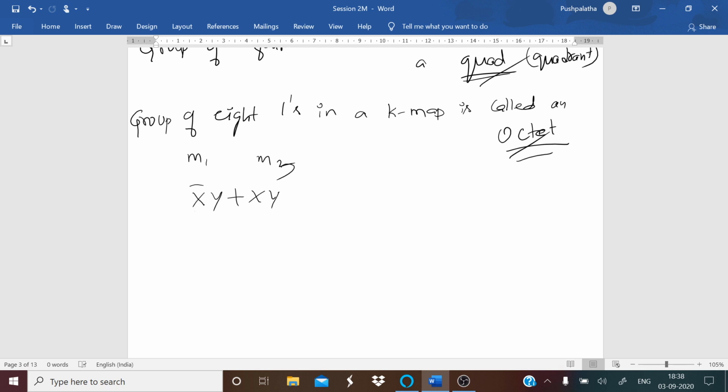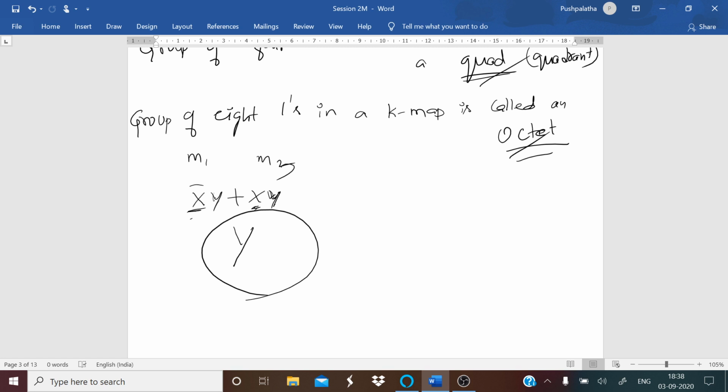So x and y, x and y. Here it is x bar, here it is x bar and x. So it is changing its form. This is a normal variable, this is a complement. Whereas in this, y is a normal variable, and here also y is a normal variable. So the answer is y. This is the simplified version. So this is simplifying a Boolean expression. Answer is y. Simple. Just in one step you are going to get it. So remove the variables which change from one form to another. It can be from normal form to complement or complement to normal, whatever it is.